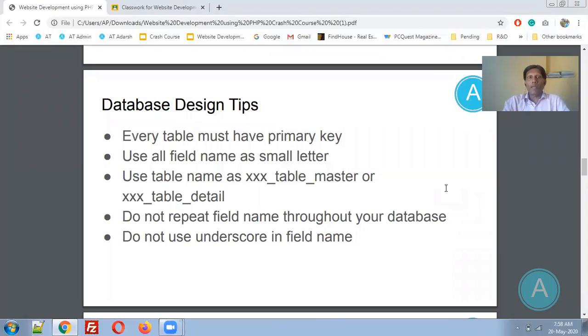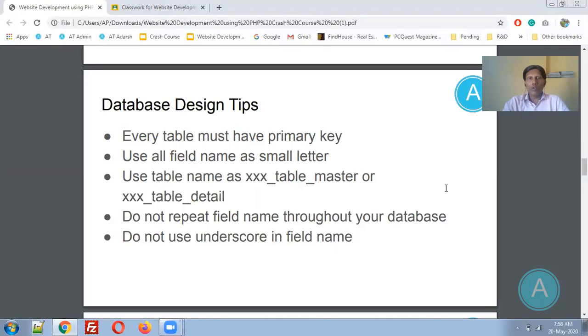From my experience, I can share some tips regarding what you should do for a particular database design. First point, every table must have one primary key. Primary key is necessary for each and every table. If you give a primary key to the table, you can easily use edit and delete functionality on the table. And always give the primary key as a number. Do not give a combination of tags and numbers as the primary key. This is just my tip. In real scenarios, you can change this method also.